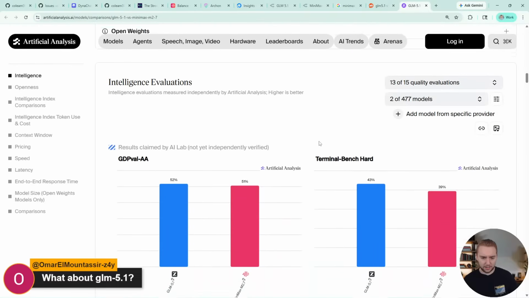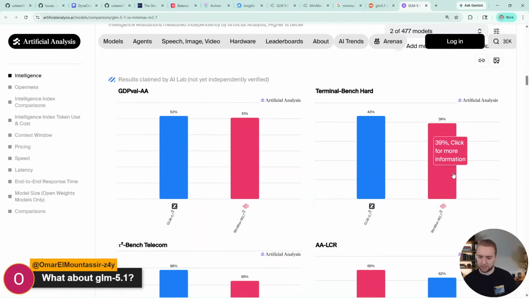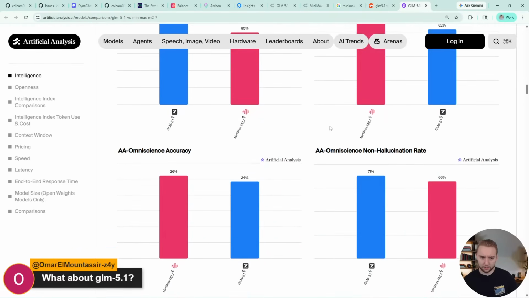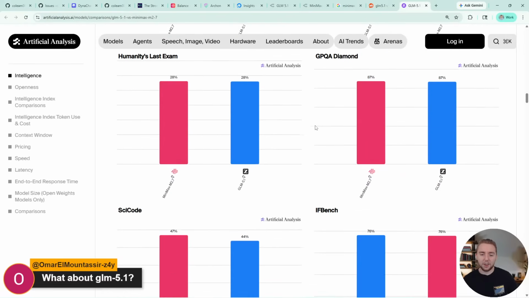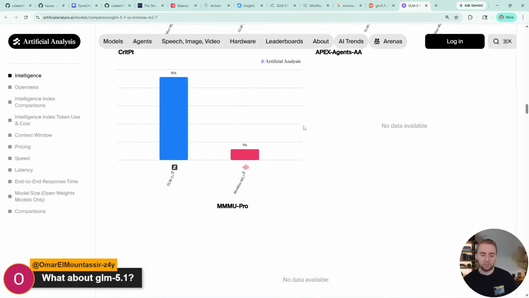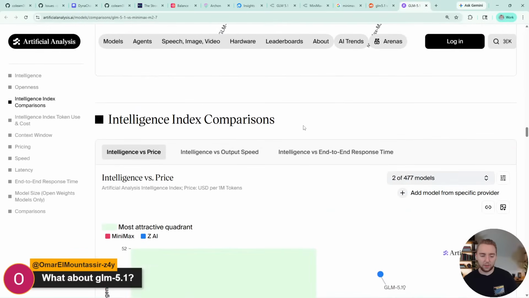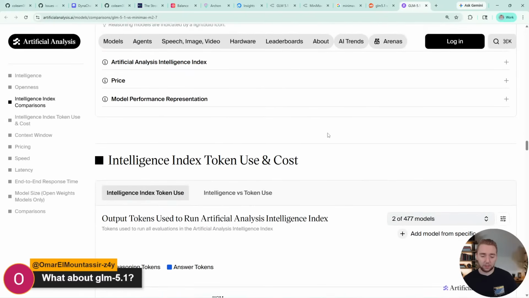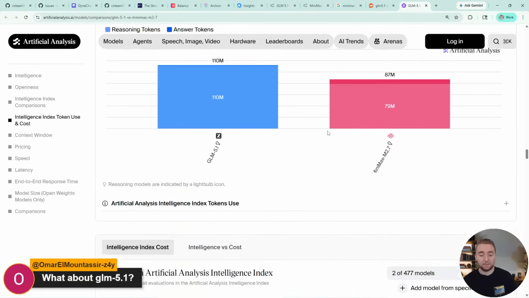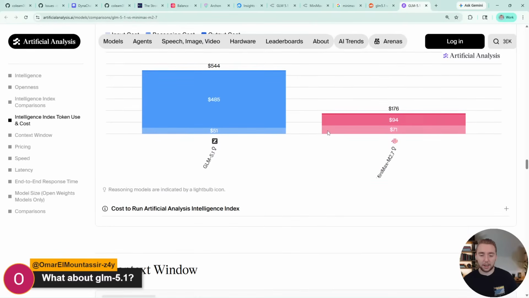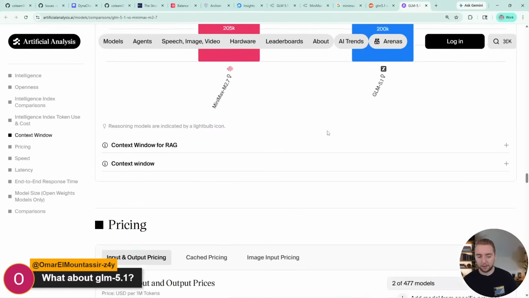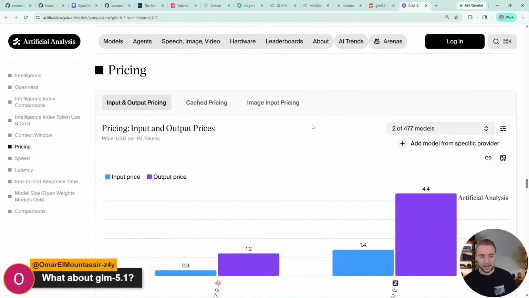Let's see if I can find. Yeah, for Terminal Bench, there's only a few percent difference. And I know that in the end benchmarks don't mean everything. So I certainly do want to try GLM at some point as well. It's actually very, very easy to make the entire system switch to a different provider. I could have it switch within like 10 minutes right now if I wanted to. I would just have to go set up my GLM API key or subscription.